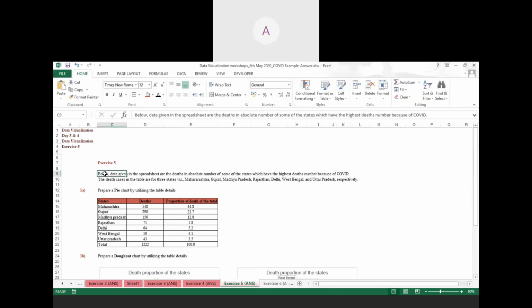See on this sheet, description of the data. Value data given in the spreadsheet are the deaths in absolute numbers of some of the states. They are having the highest number of deaths in India. Names of the states are Maharashtra, Gujarat, Madhya Pradesh, Rajasthan, Delhi, West Bengal. And there is an extra row, there is total.